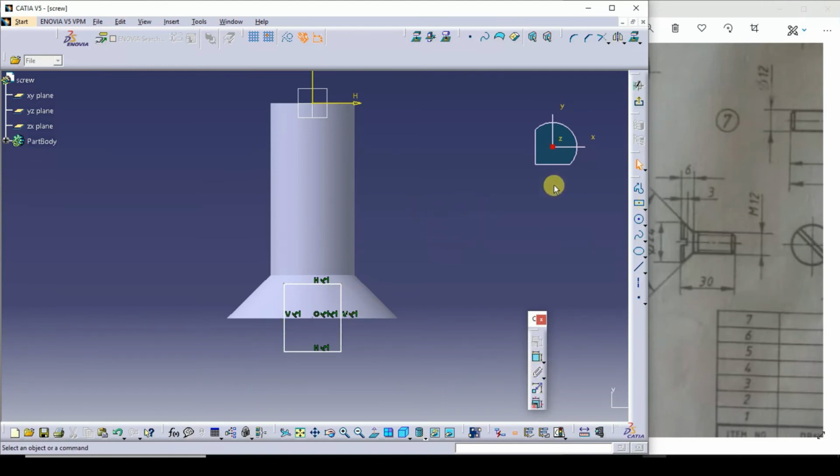Then I'll go for one more command, that is the symmetric command. I'll select this line and this.